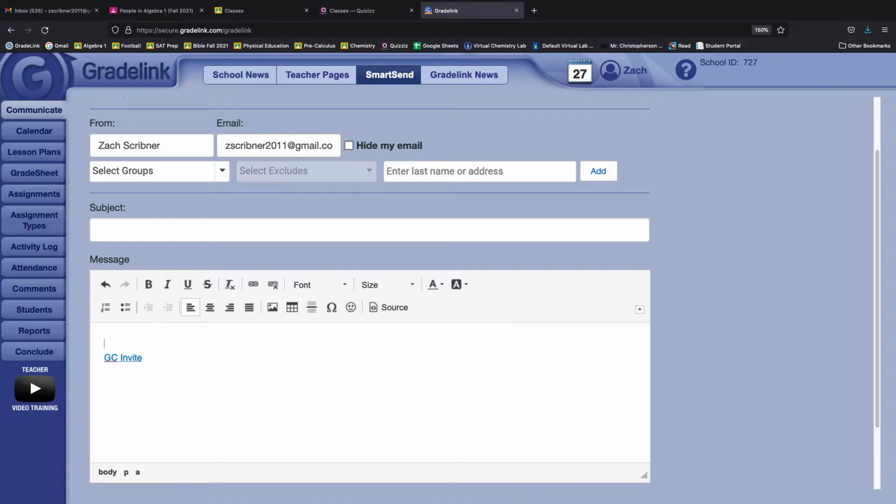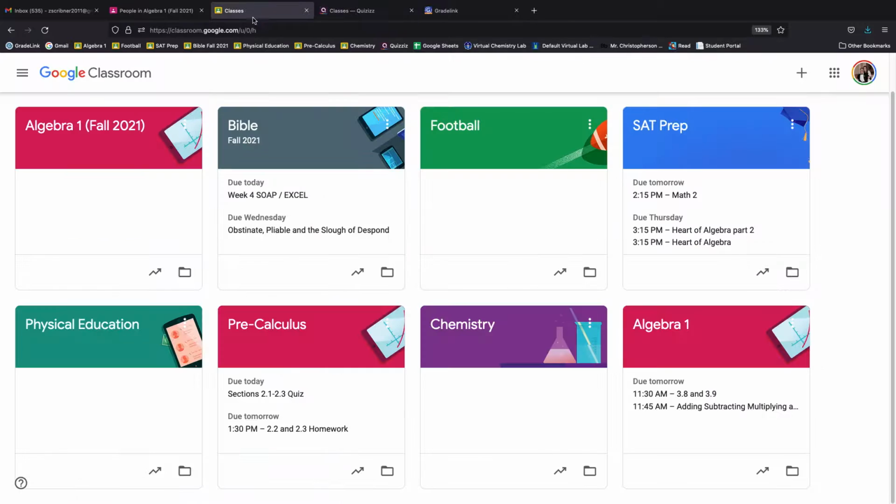It'll go to the parents and students. Students, please click this invite code with your Gmail to log in or to be enrolled into your Algebra 1 class. Okay. So once that email is sent out, the kids will click on it,